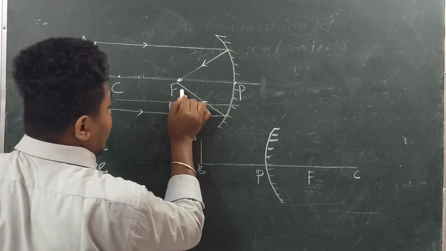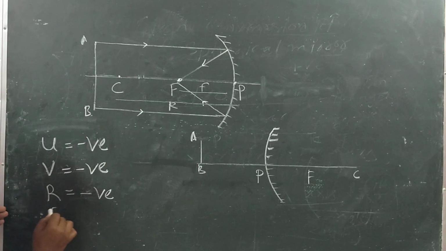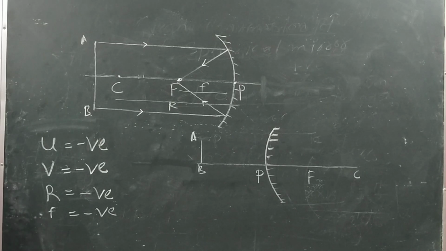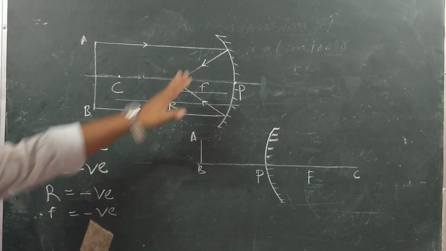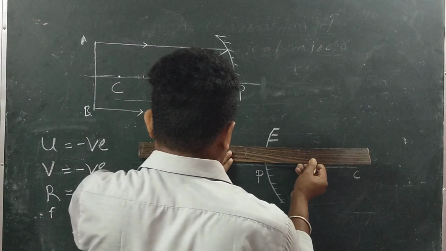Similarly, this is your focal length. Focal length is also going to be negative in case of concave mirror. So we can find in case of concave mirror that most things are negative because they are forming on the left side of the mirror. Now if you see in case of a convex mirror,